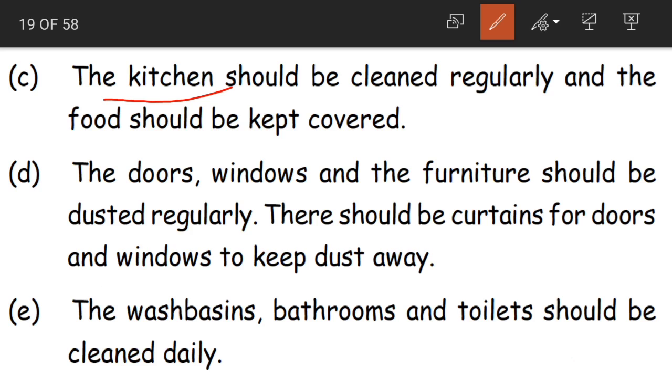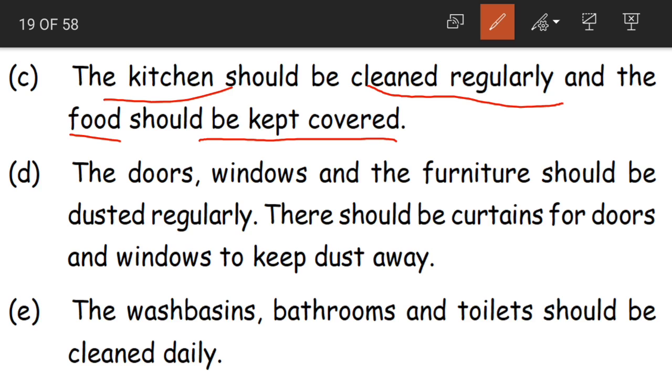The quality of the food gets damaged, which is not good for our health. So children, the kitchen should be cleaned regularly and the food should be kept covered. Whatever food is there, it must be covered, and the kitchen must also be cleaned.